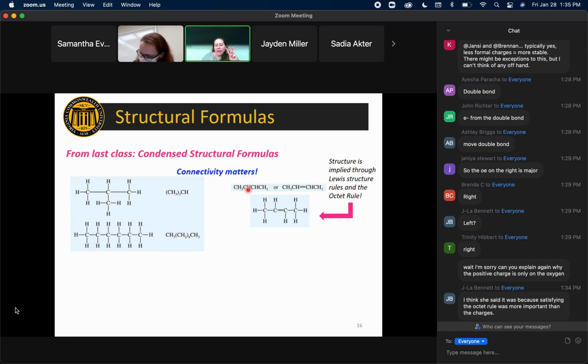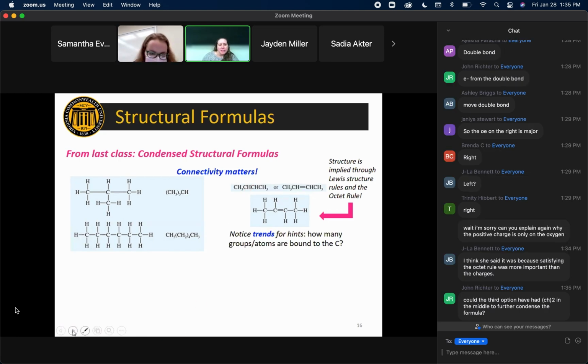Because this is only one hydrogen, that clues us into the fact that there is a fourth bond that is actually a double bond to that carbon next door. So these are all implied in the structural formulas, whether it's written out or not. You'll get to know this by looking at trends and hints as you go along, and the more examples